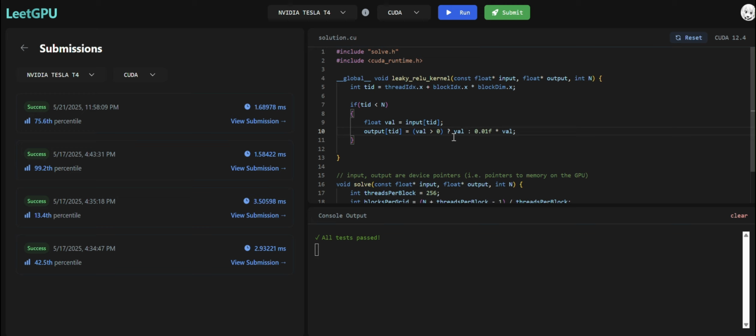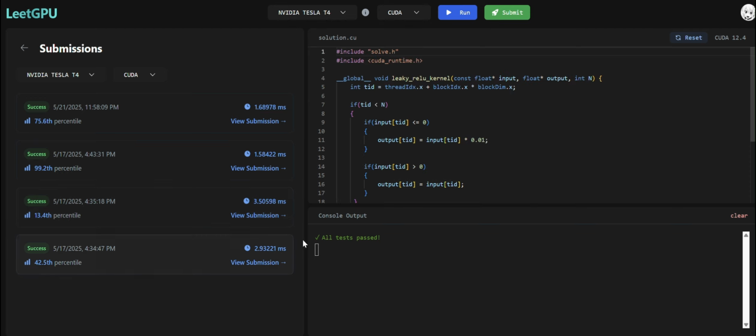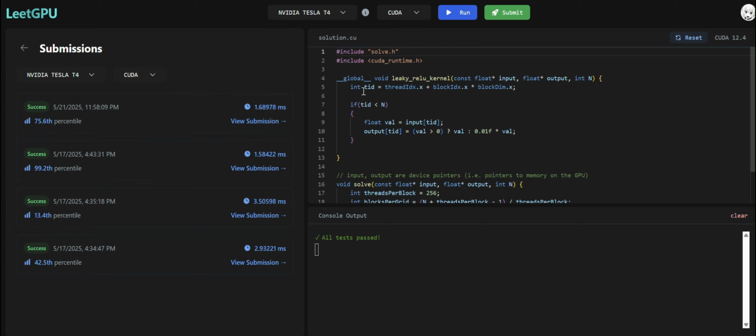Why does the ternary operator work better and the if-else conditional work worse? I used an if-else conditional for my first implementation, and it was really bad. As you can see in the performance, the percentile is pretty inconsistent. I used the conditionals here. As you can see, the performance improvement from using the ternary operator was more than half. So why exactly is that? If-else conditionals can take you into branches, and ternary operators are branchless. It can be branchless at times, and here it is branchless because it compiles into a predicated